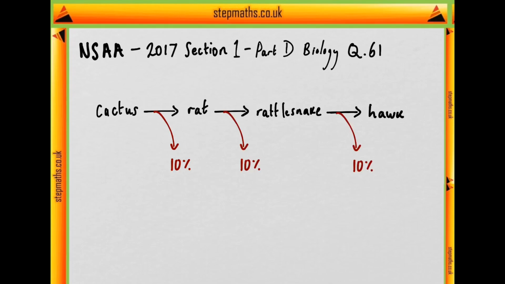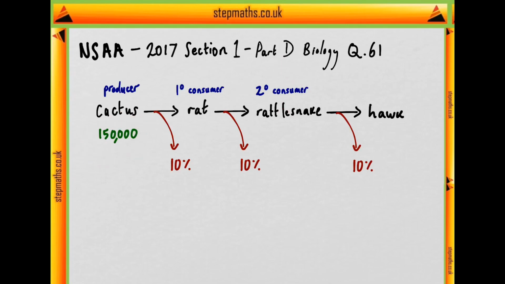Okay, and then we're told if 150,000 units of energy are contained in the producer, how much energy will be lost in the transfer between the primary and secondary consumers. So let's quickly label which terms we're being talked about. The producer will be the cactus, whereas the primary and secondary consumer will be the rat and rattlesnake respectively. The producer is usually the plant which produces food autotrophically using energy from the sun and using carbon fixation from the air. So we have our primary consumer and our secondary consumer, and we have 150,000 units to start with